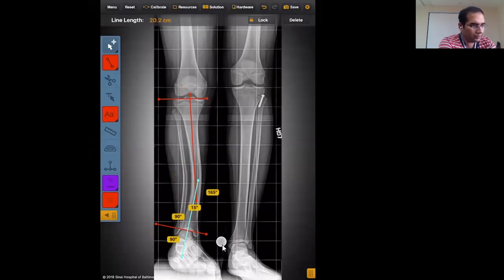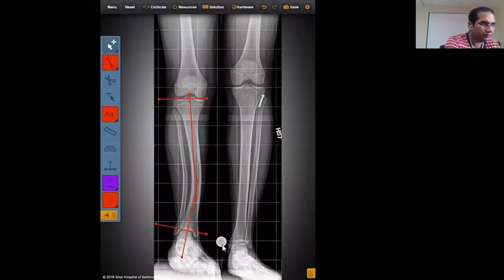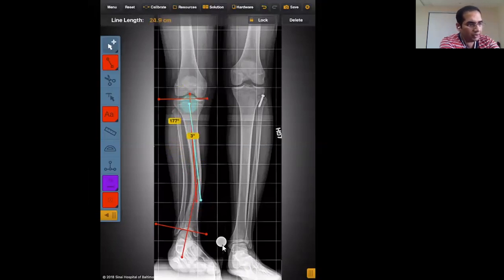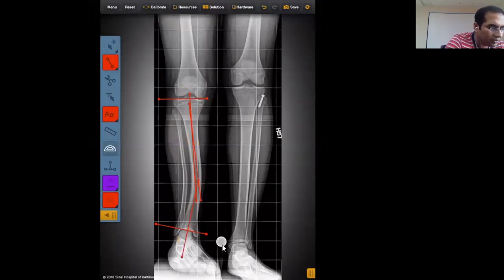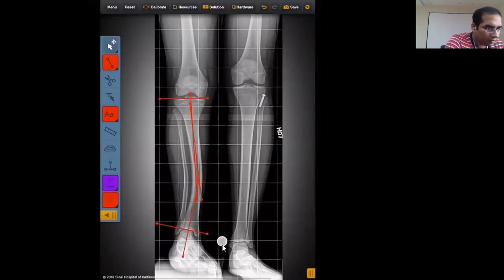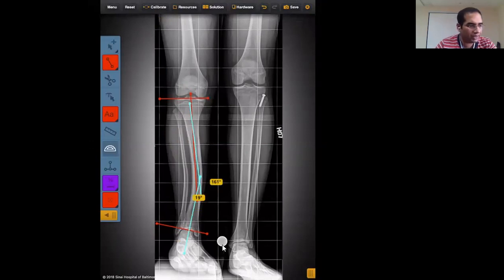This is where my CORA came, and I decided that this CORA is not coinciding with my original deformity, so I drew another line starting from the deformity and joining the other line as well. Now, as you can see, between these two lines the magnitude of the deformity is about 15 degrees, okay? Between these two lines, it is 19 degrees of deformity.